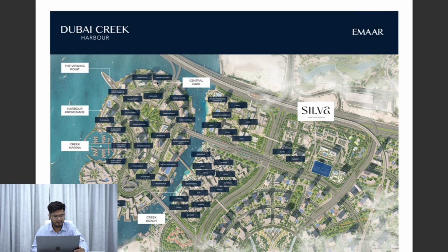Now let's understand first of all the master plan of Dubai Creek Harbour. Now you see that you have an island called Dubai Island and you have a canal in between. This was completely dug up by Emaar, Dubai government, to make it an island, and it has the connectivity towards the mainland highway which is going towards the